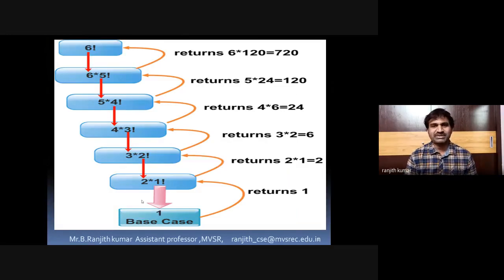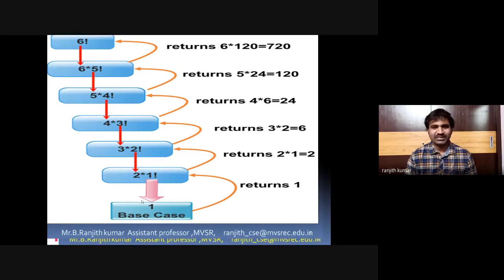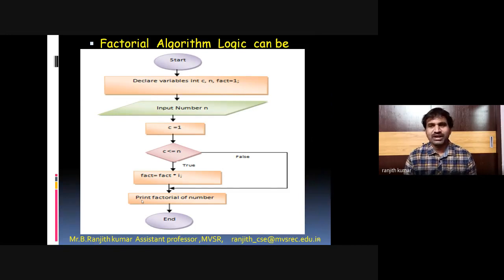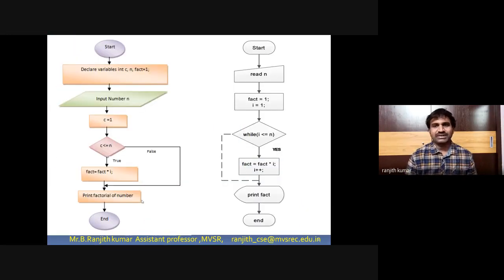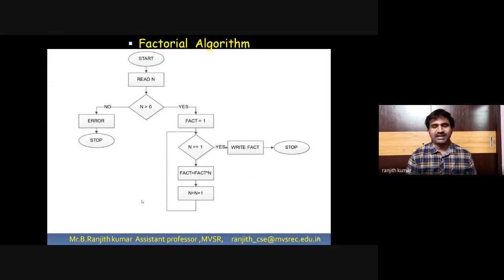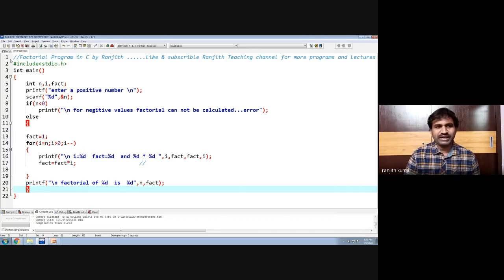So this is how we will show a picture. When 6 factorial is calculated, 6 into 5, 5 into 4, 3, 2, 1 will be calculated. So we have written an algorithm to calculate a factorial, which shows the different steps to write a program. And we have converted that algorithm into a more syntactical way using C syntax. Now we have also written an algorithm using positive and negative cases. Are we clear? Now let us write the program which we have already written in the previous session, how to write a factorial.